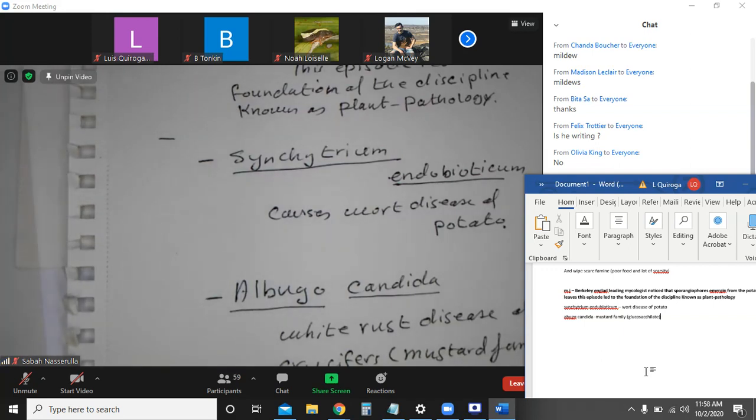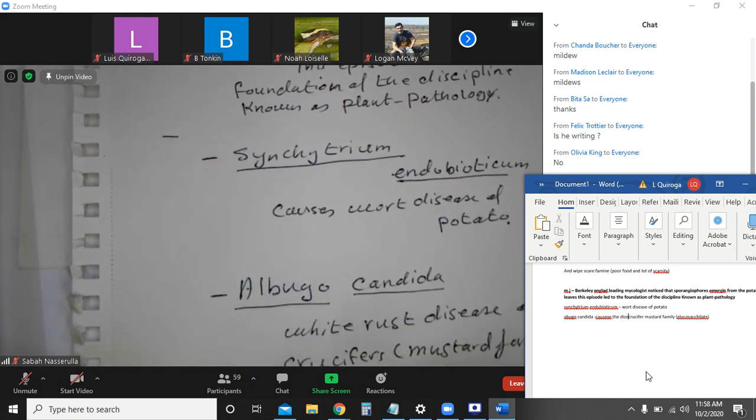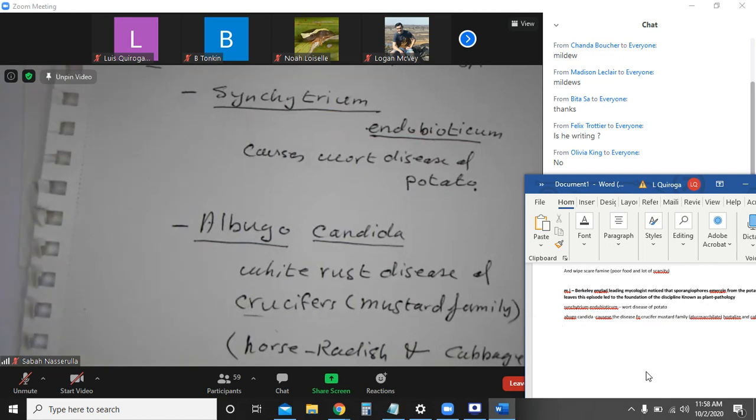So I'm going to mention here just one line. As I mentioned, this species causes the disease of the crucifer, which is, of course, an obligate parasite, like on horseradish and cabbages. But in general, just give me a second here, because this is what happens. Usually when it infects the plant,